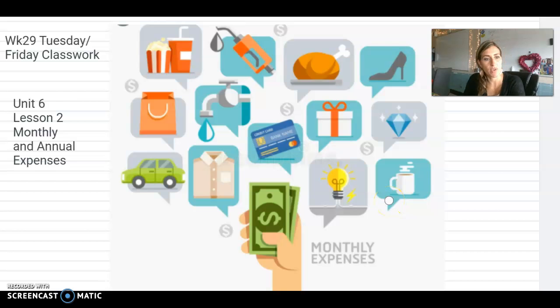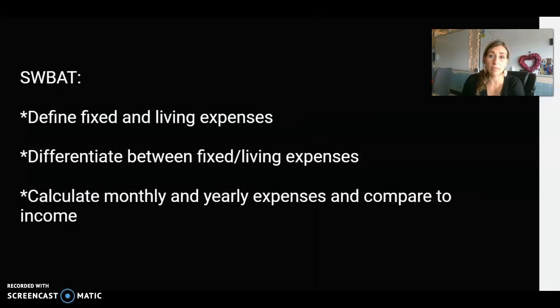Okay, so this is week 29 for Tuesday and Friday classwork. Unit 6, Lesson 2, we're talking about budgeting. This one circulates around monthly and annual expenses, calculating them and comparing and contrasting and all of that great stuff. By the end of this lesson, you will be able to define fixed and living expenses, also called variable expenses, differentiate between fixed and living expenses, calculate monthly and yearly expenses, and compare that to the